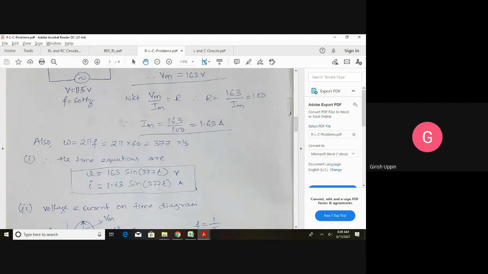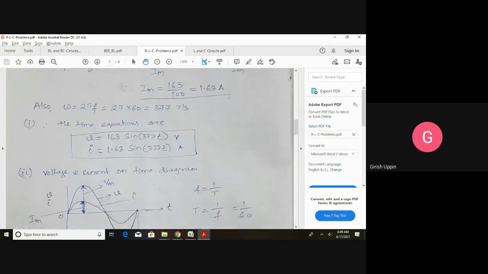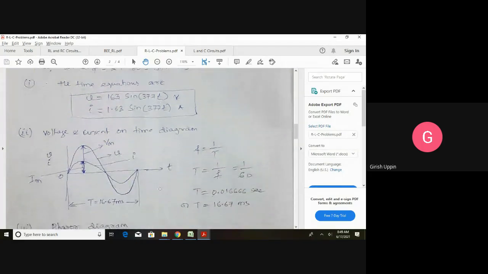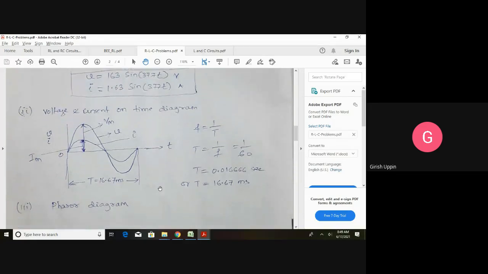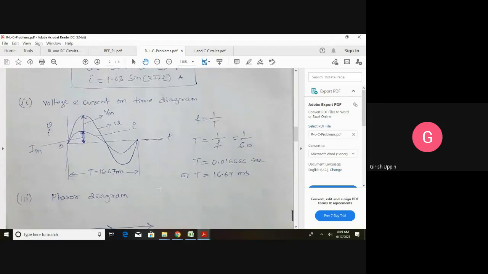So don't worry, don't note down anything. This PDF will be shared. You can take a look. If you have any question, ask it right away so that I can clear your doubt. So any doubts you clarify. Later you can refer to the document. Now we have to draw the waveform.